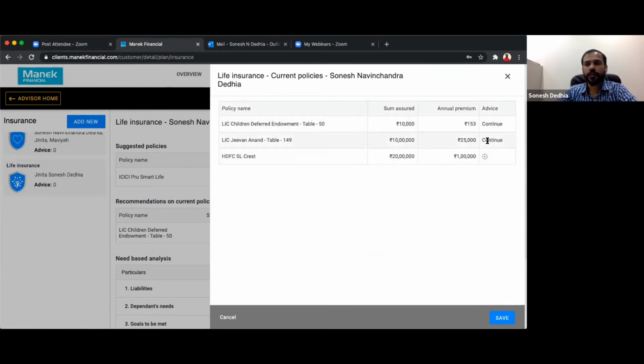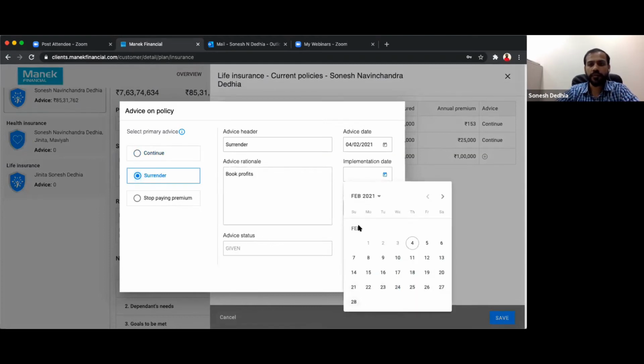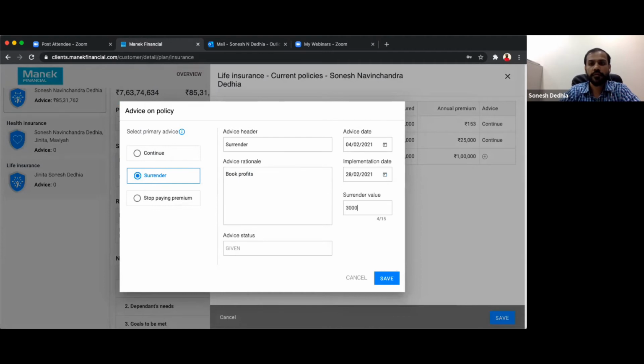Yeah, so this particular policy is mentioned as continue. And I want to surrender this. Implementation date would be this date and around 3 lakh rupees, and I save this.